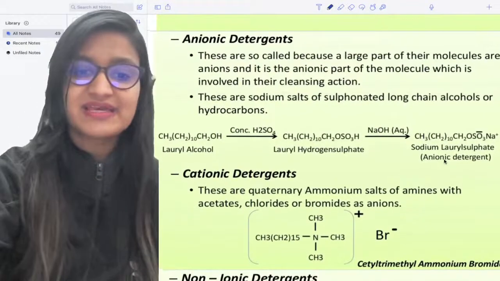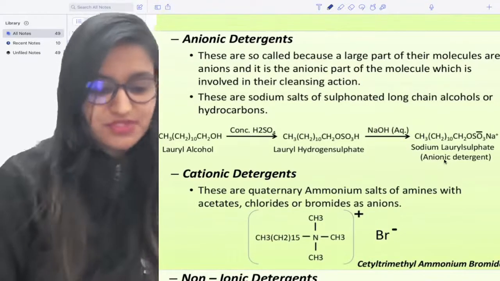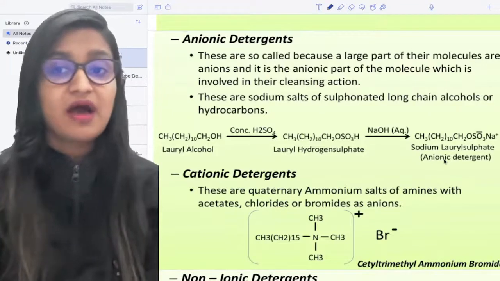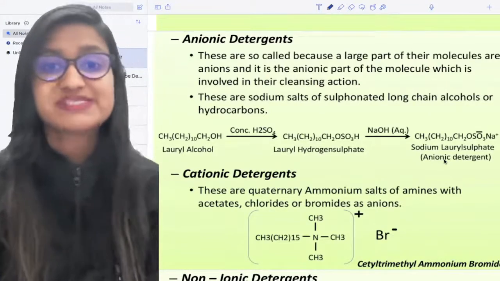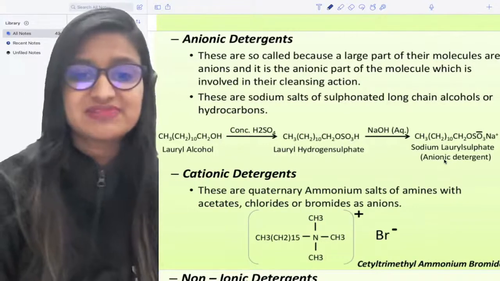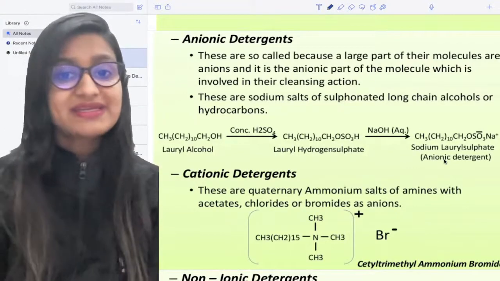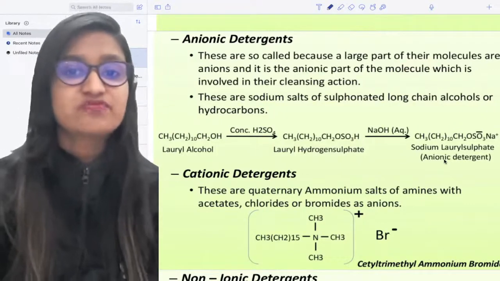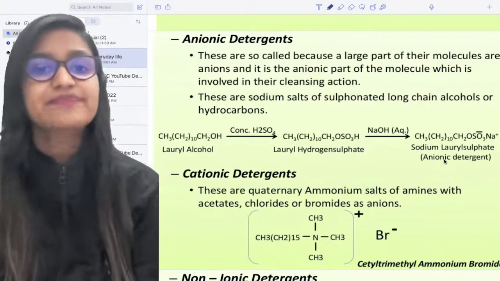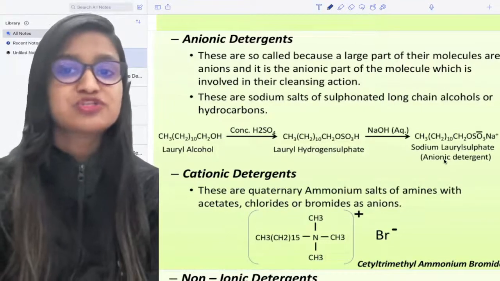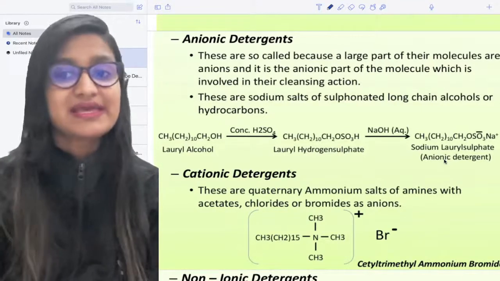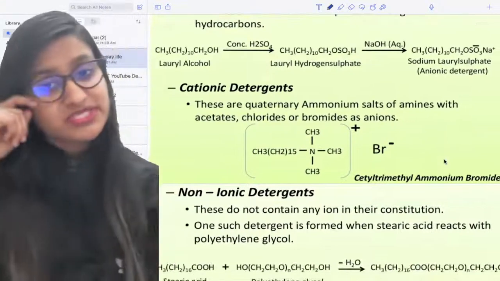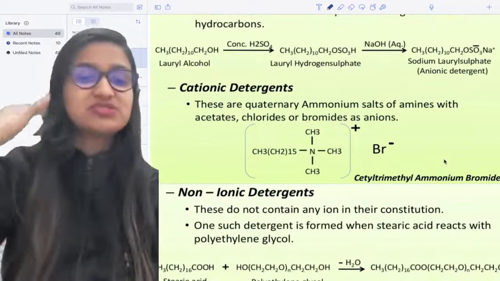If you look at the anionic detergent, these are so called because a large part of their molecules will be anions, negatively charged. It is the anionic part of the molecule which is involved in their cleansing action. These are sodium salts of sulfonated long chain alcohols or hydrocarbons. What about cationic? Cationic detergents are simply